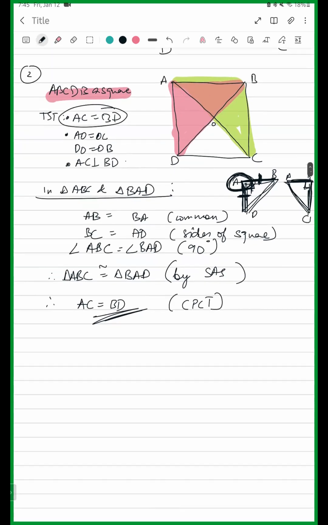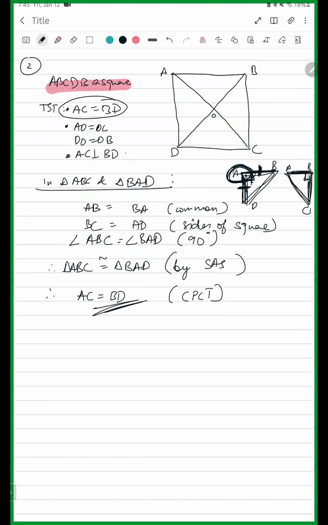Now in the second one, we need to prove what? AO is equal to OC, right? So let's take triangle OAB, this one, and triangle OCD, the opposite one. In the second part of the question, we need to take the two smaller triangles which are opposite to each other. So in triangle AOB and triangle COD,